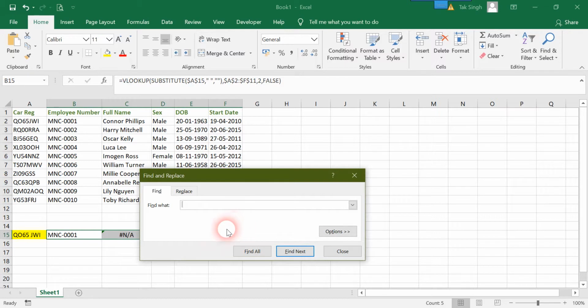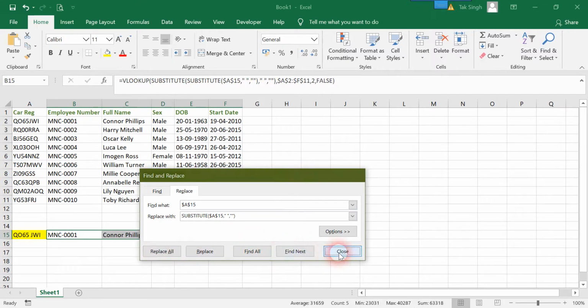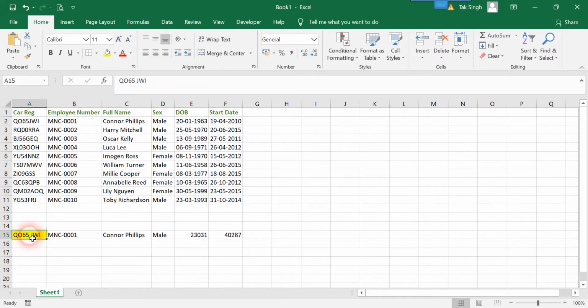Press Control F on your keyboard, find what: $A$15, and then replace it with this, replace all, okay, close, and it has made the replacements in all the cells highlighted, and now the formula is applied to all the cells.